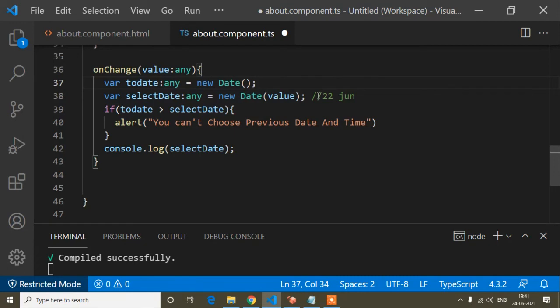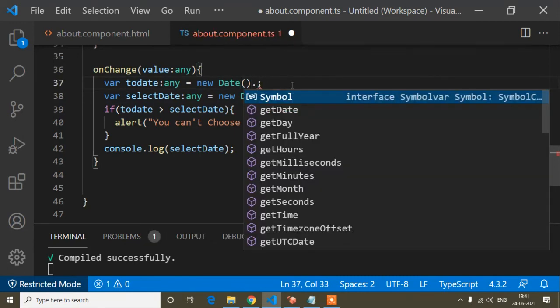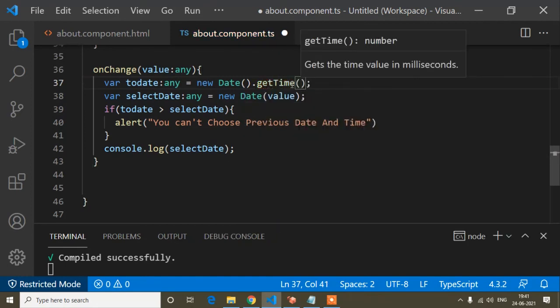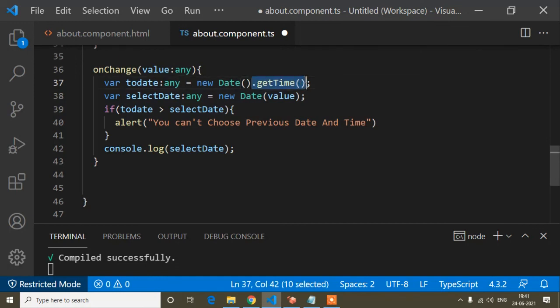So this string value I have to convert to a number. So how can I convert this to a number? I can convert it with a JavaScript method, that is getTime. And the same method I will write here also. So at that time you will not get date format like Thursday 2021 and also the time 14:22. You cannot return it this way. It will be returned in millisecond format, as a number.